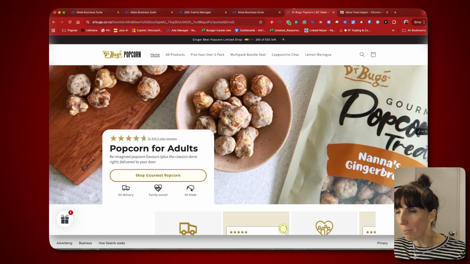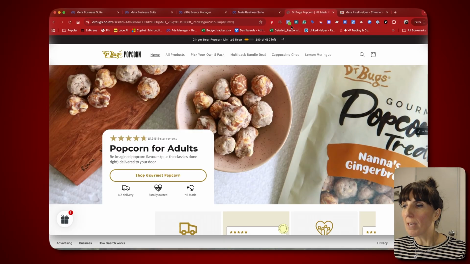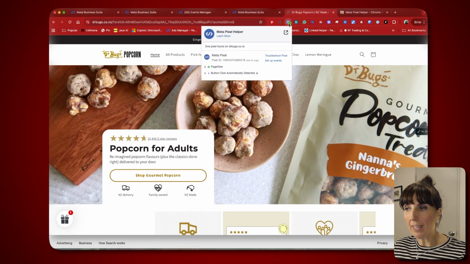So let's go back to Dr. Bugs here, and it's this little blue button here that's popped up with a little green thing here when I've gone on the site. So let's have a look. We click this and we can see what this Pixel Helper tells you, what is Meta seeing at the moment